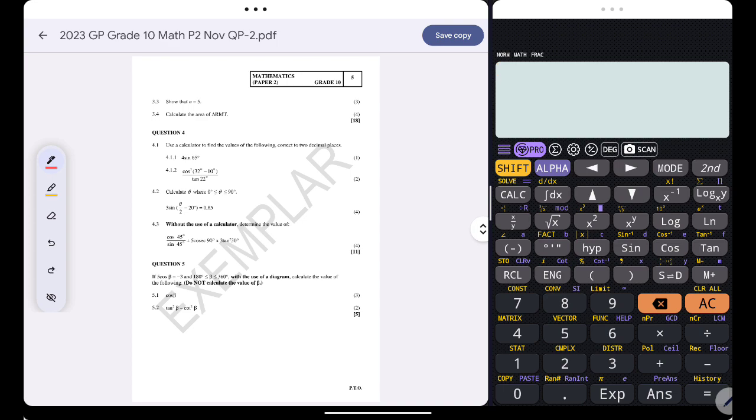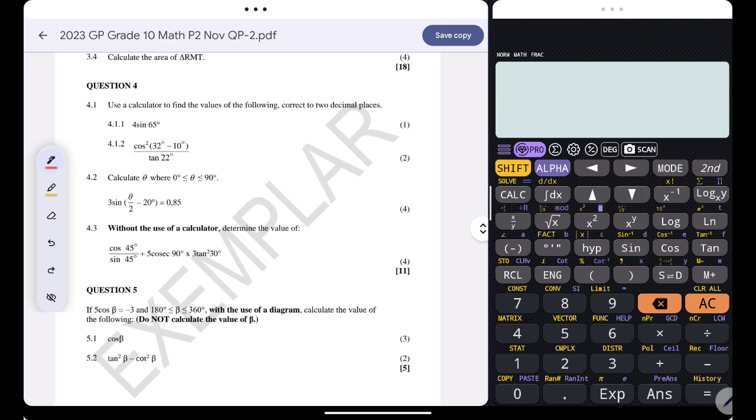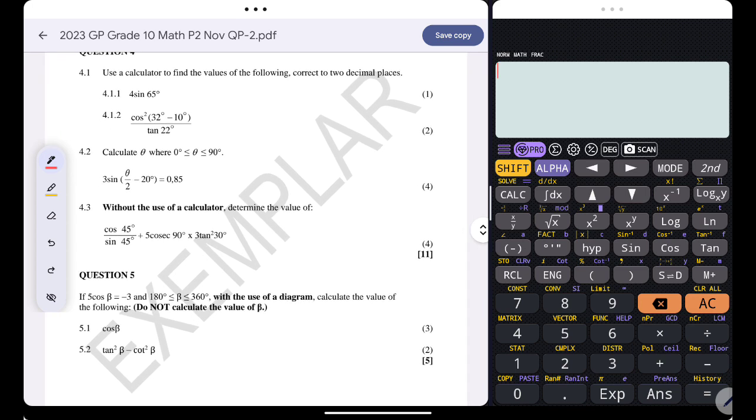I'm about to do question 4 from the grade 10 November question paper, which was written in the province of Gauteng. Okay, question 4.1, I'm asked to use a calculator to find the following values and I must correct them to 2 decimal places. I'm given 4 multiplied by the sine of 65 degrees. This will give me 3.6,